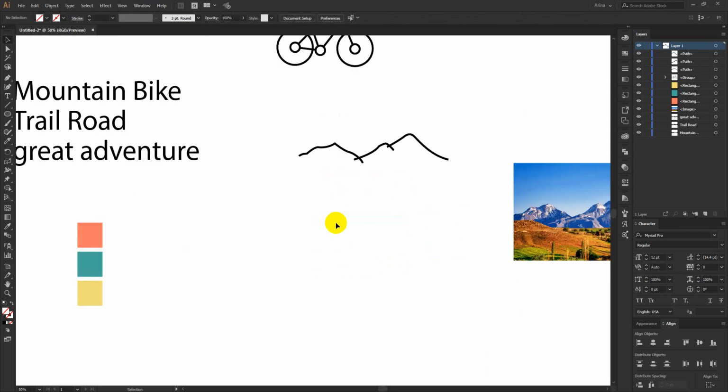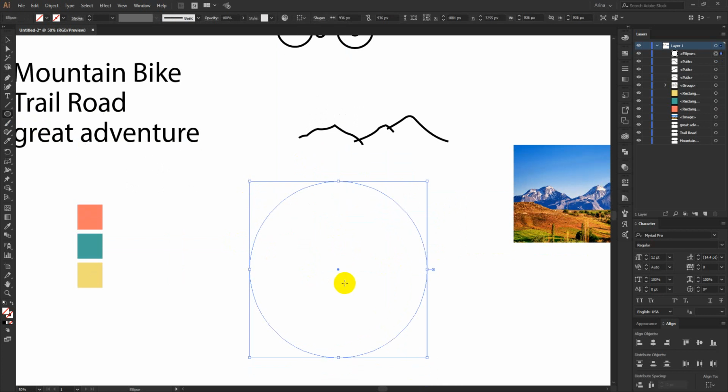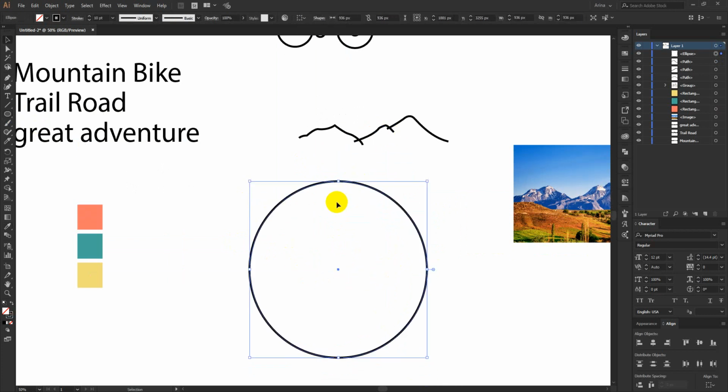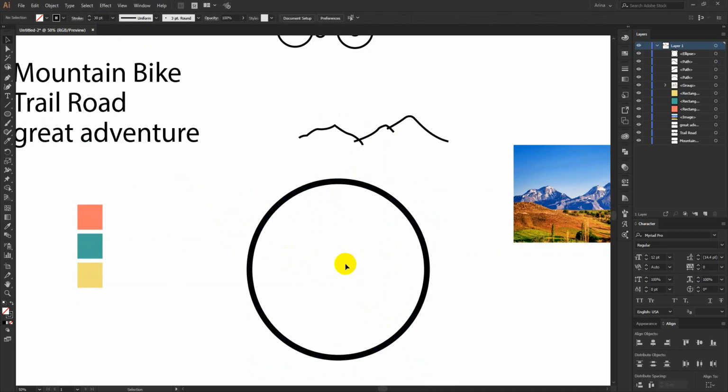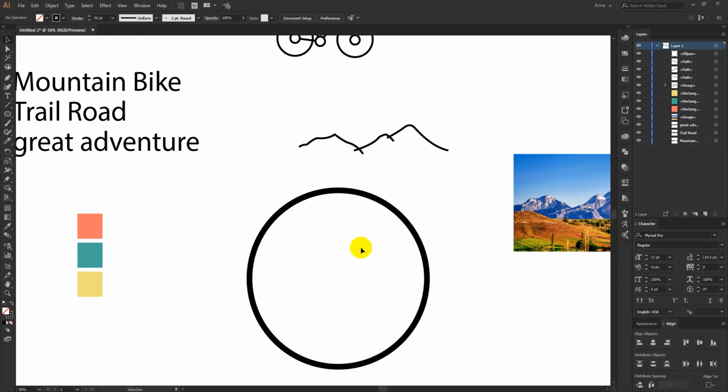So for the main idea, I was thinking to make an ellipse like this, and everything in my design will be inside this ellipse. I am going to make it a bit bigger. So for this design, I am going to place my mountain lines like this from here, and then my cycle like here.